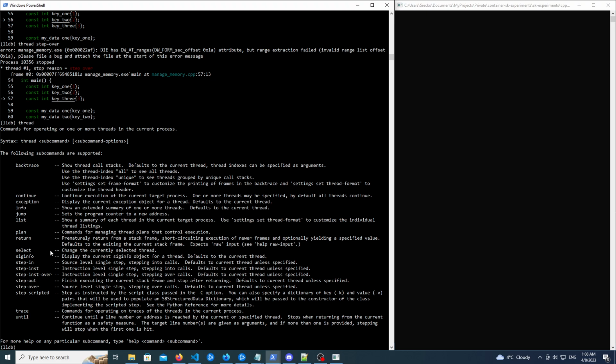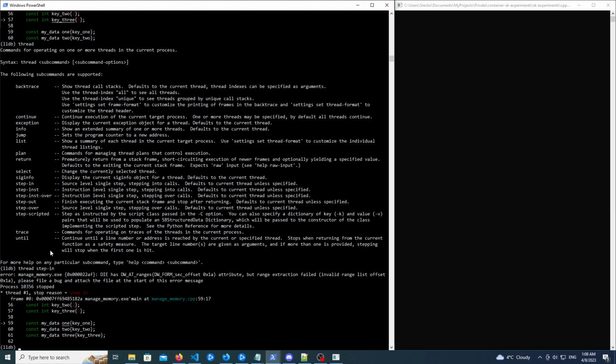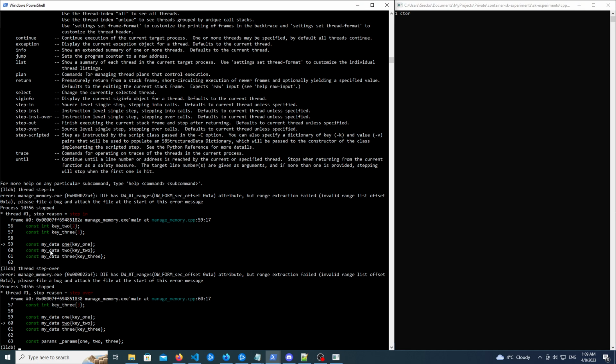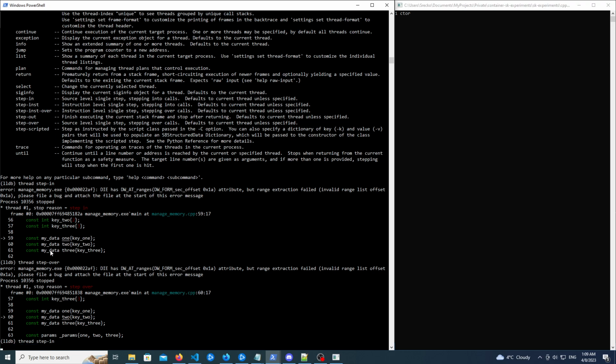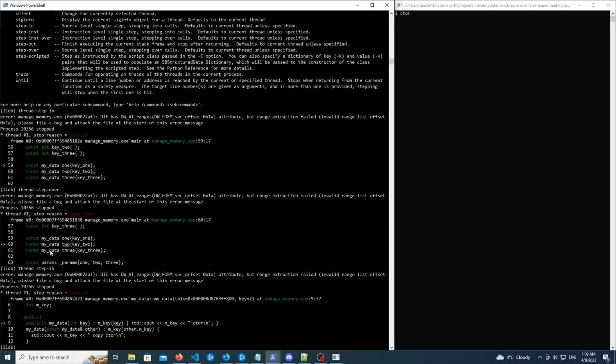So when I say thread step in, that's nice. Now I'm gonna press step over, thread step over, and watch the right side. It's gonna call the constructor of my data. There we go. You see that on the right side. And now I'm going to enter inside the constructor, the constructor for the two. Thread step in. And now we can see at line 9 there is a point to the left,